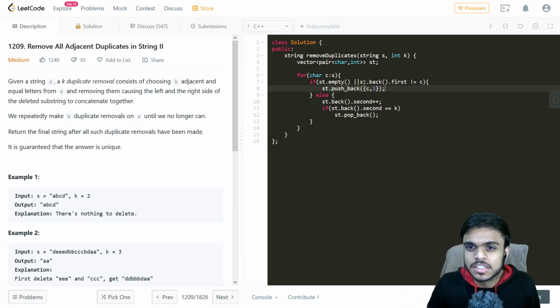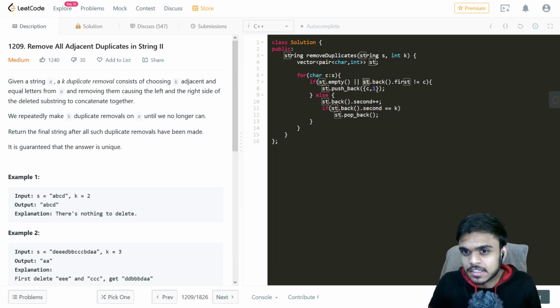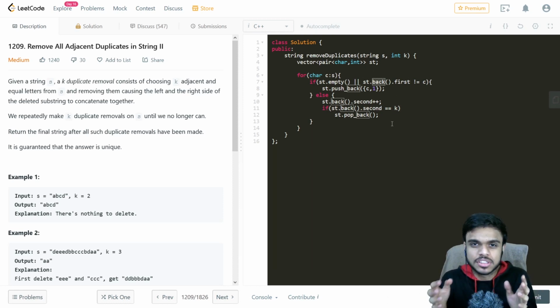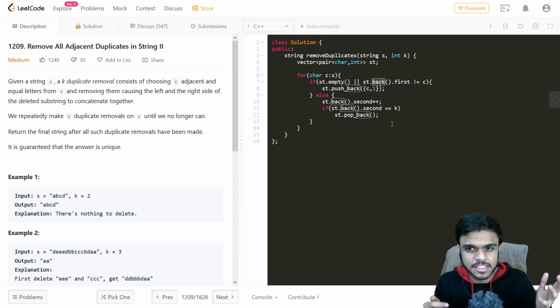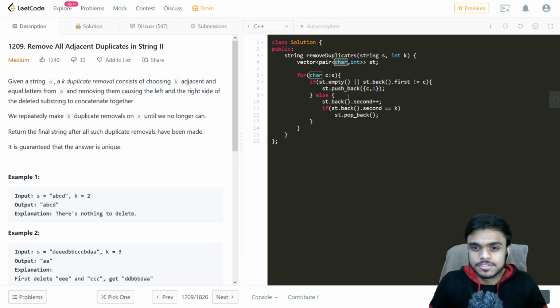One more condition when we'll be pushing it back is whenever the current element that we are on is not equal to the previous one. The vector's back function gives the last element present in the vector, and first gives the character present in the last pair. So we are checking if that element is not equal to the previous one, and if the element we are currently on is not the same as the previous one, then we just push it back into our data structure.